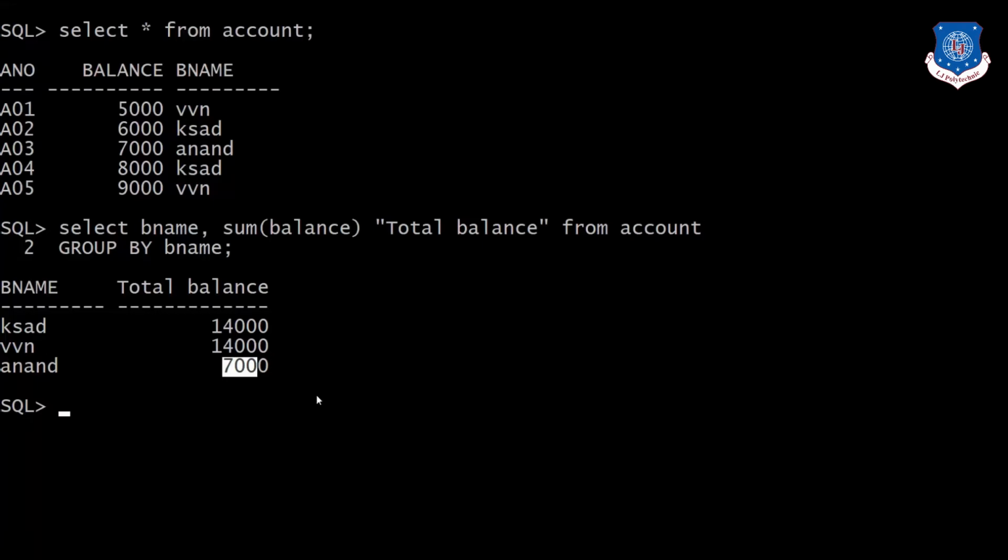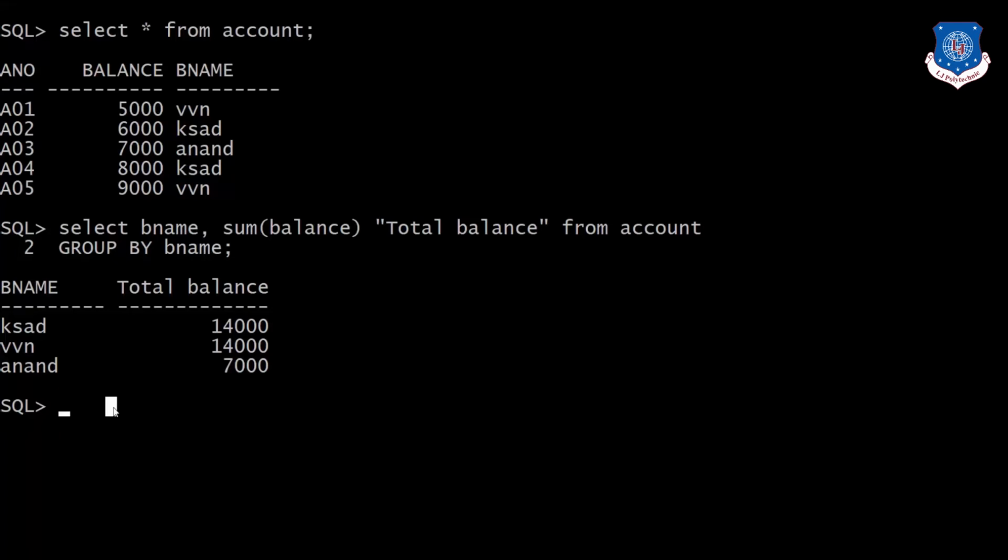This way you can get the sum balance that has been renamed as total balance, and you can rename any column using the same syntax.